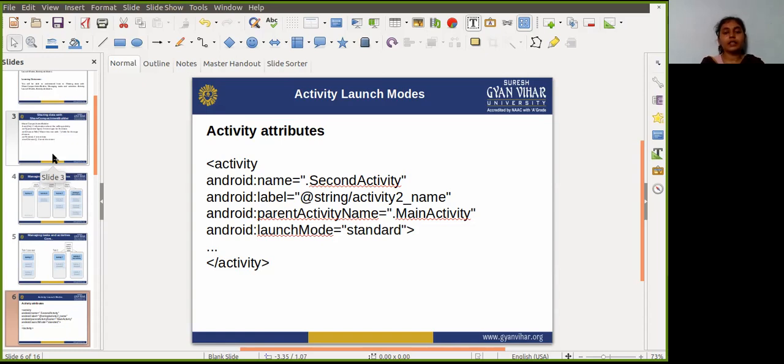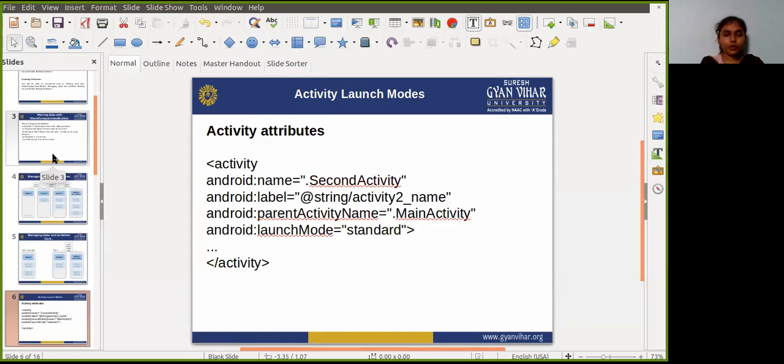Inside the activity tag, just write the attribute android:name equals .SecondActivity, and after that android:label equals @string/activity2_name. After that, write the attribute android:parentActivityName equals .MainActivity, and after that android:launchMode equals standard, and then just close the activity tag.